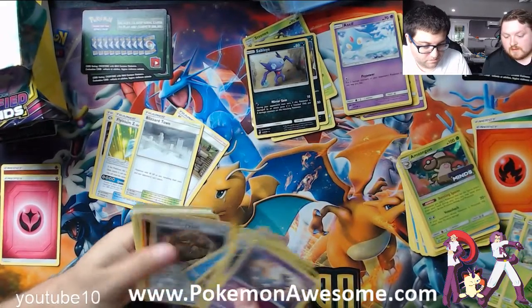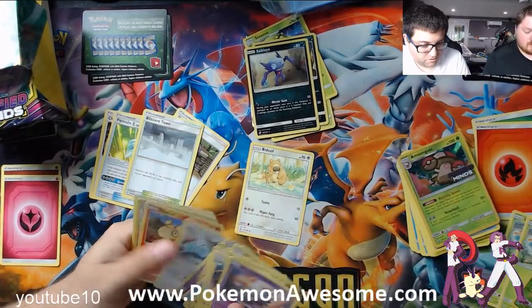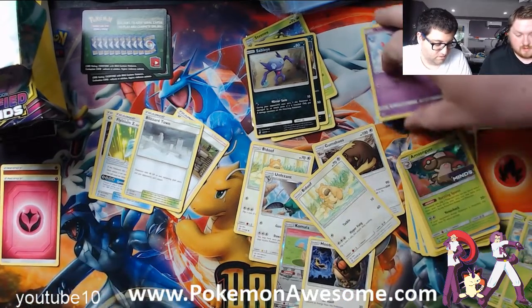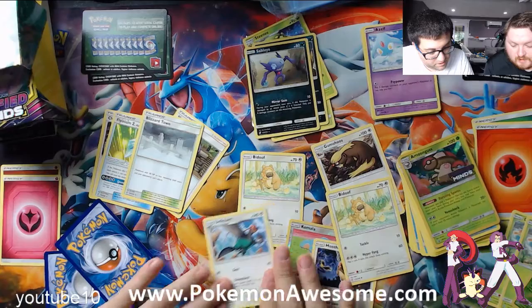Next on the list, we can look at our colorless Pokemon that we have. Okay. So on Pheasant, we can't play because we don't have the...